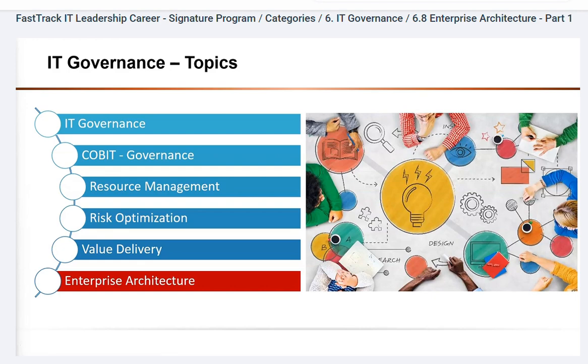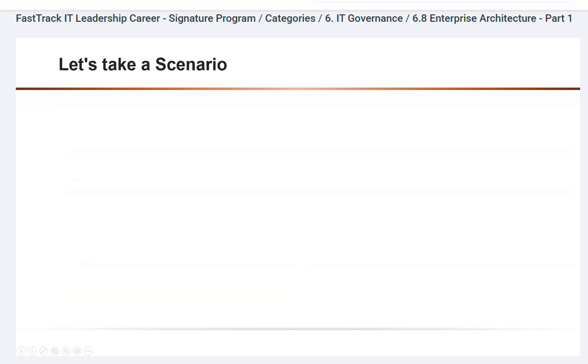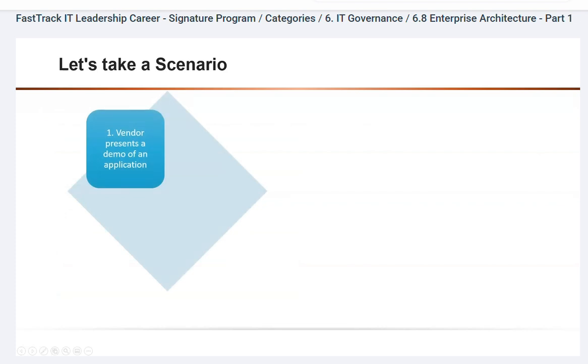In this session, let's talk about enterprise architecture. And let's start with a scenario. Let's say a vendor came to a company and approached the business leaders, and then they gave a demo of a specific application. Let's say the application can be how to reach your customers better, or maybe how to track your logistics, or how to improve efficiencies with your suppliers. So let's say this vendor showed this application and how it can help the business.